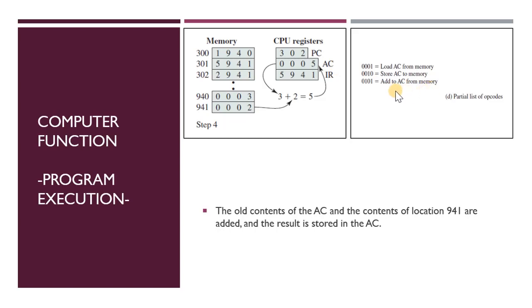What value should be added to the accumulator is based on the address of the memory, 941. So the processor will look at address 941 first. 941 contains the value 0002. And the instruction is to add this number, the memory value, into the accumulator. So this value 2 will be added with number 3 from before inside the accumulator, and the addition results in number 5 inside the accumulator.